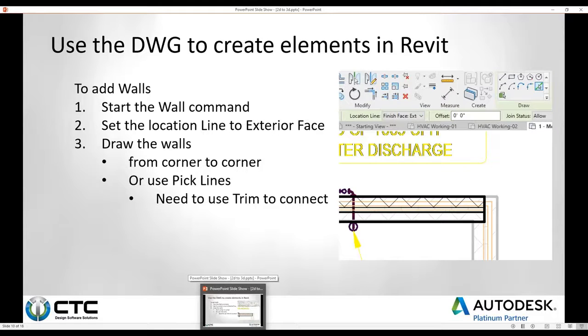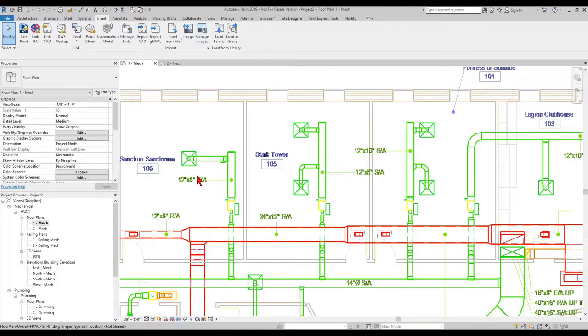So creating the elements from the DWG. We want to add walls. We'll start the wall command. We'll set the location line to the exterior face, and we'll draw the walls. We can either use line or corner to corner, or we can use the pick lines to quickly add those back in. So if we go back into Revit,